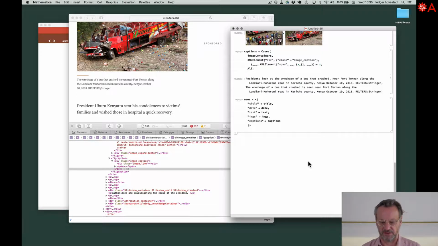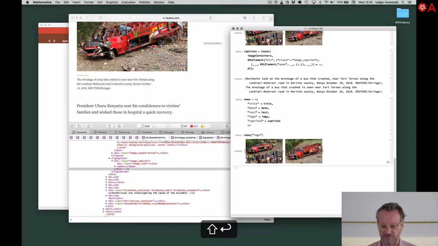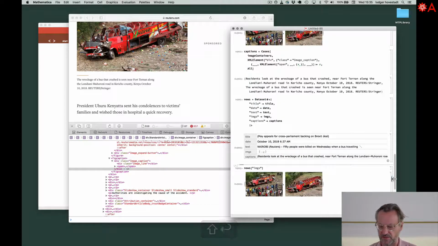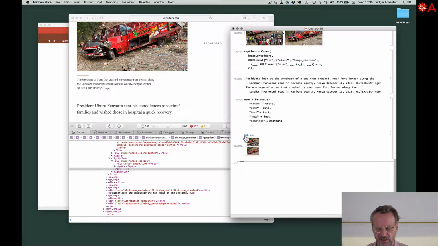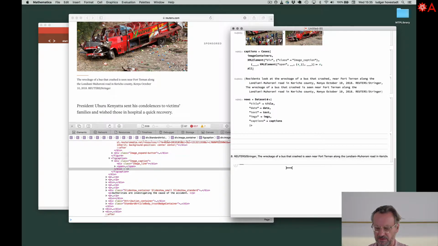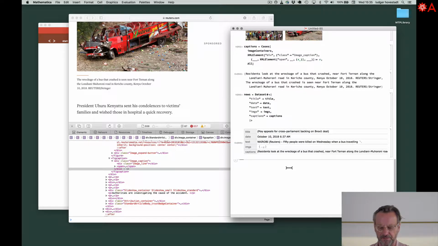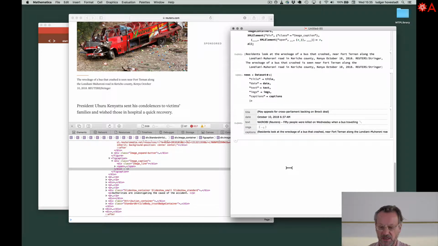And like with all associations, we can say news, what is the title of my news? We have that. What are the images of my news? So that's fine. And to make it even more proper, we make that a data set of this, and then we have a nice data set. We can click in here and go back, so then we don't have trouble with big chunks of these things. So this is how